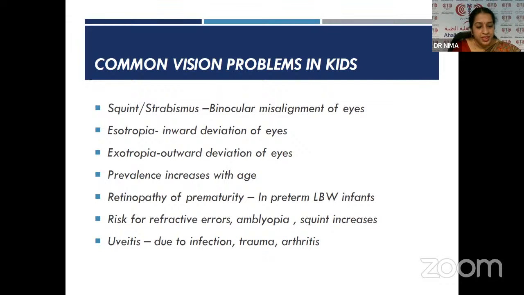Then another problem is uveitis. That is just a reaction in the eye, which can be due to infection, trauma, or arthritis. In our OPD, it is mainly due to trauma. The child may come with a history of injury with a hand or some toy, and on examination there may initially be slight redness, and after that it may disappear. Later, after 2 days, the child may complain of redness and difficulty looking at light, and on examination we find it is uveitis. These are all treatable conditions and nothing to worry about. Only thing is we should be aware of these things.